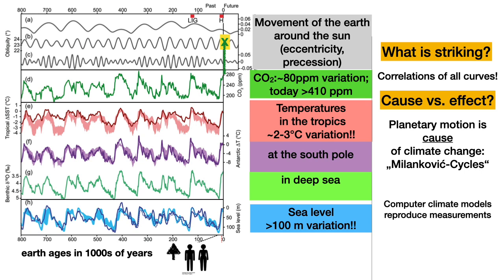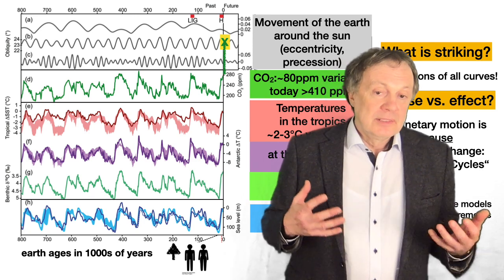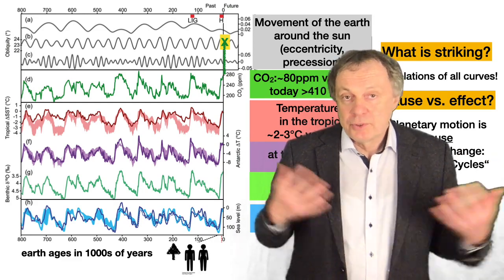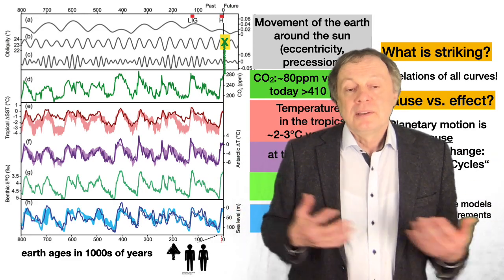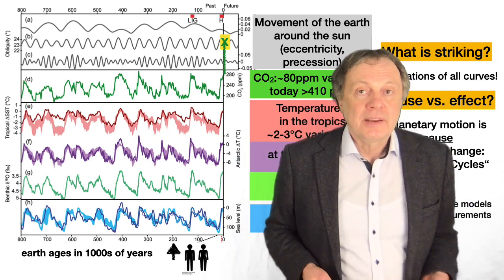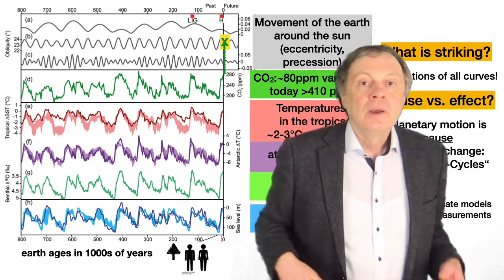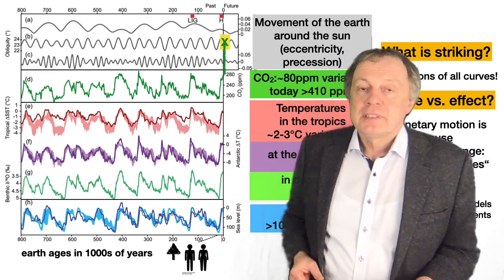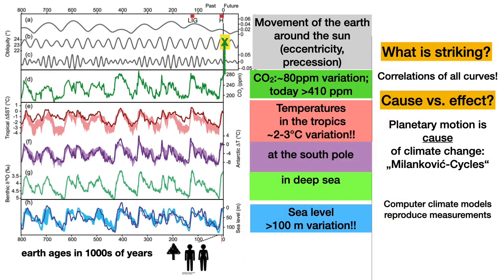Now, of course, you can ask again, what is the cause, what is the effect? Well, it's clear from a physics point of view that the temperature on Earth has no effect on the motion of the planets. The motion of the planets, as I said, is precise for 100,000 and millions of years, and temperature effects on the Earth don't change anything there. So from this point of view, it's clear the correlation, which is obviously in these plots, has to have the following reason. The planets are the reason for the temperature and not vice versa.